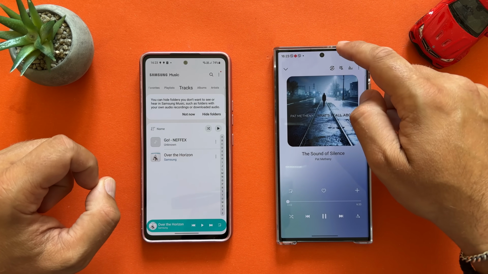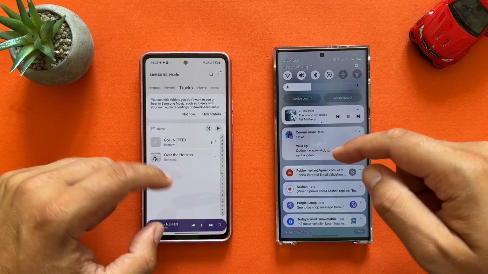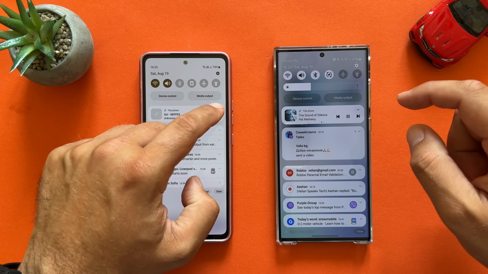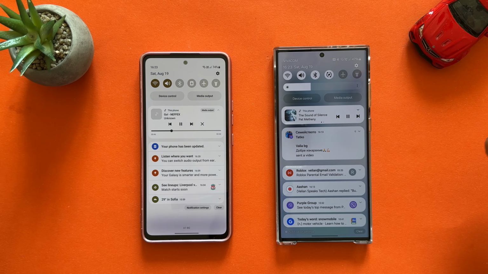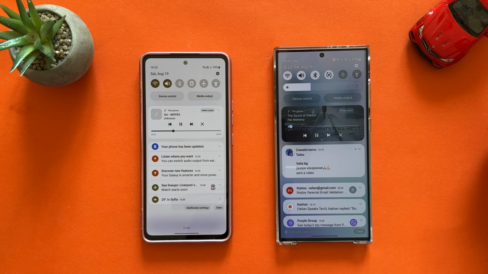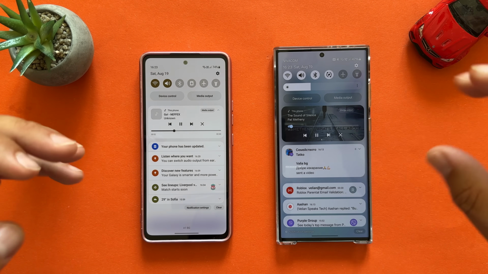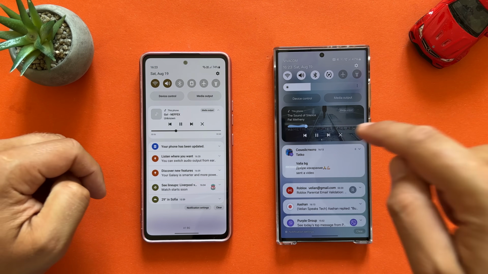People hated the stock Samsung player so much only because of, you know, the way things were displayed in the notifications, and I mean, I can understand why. It's very boring, right? And at the same time, Android released this new media player and people are going crazy. But see here, guys, boom, this really tops it. I right now believe that this is probably the best implementation that we've seen,